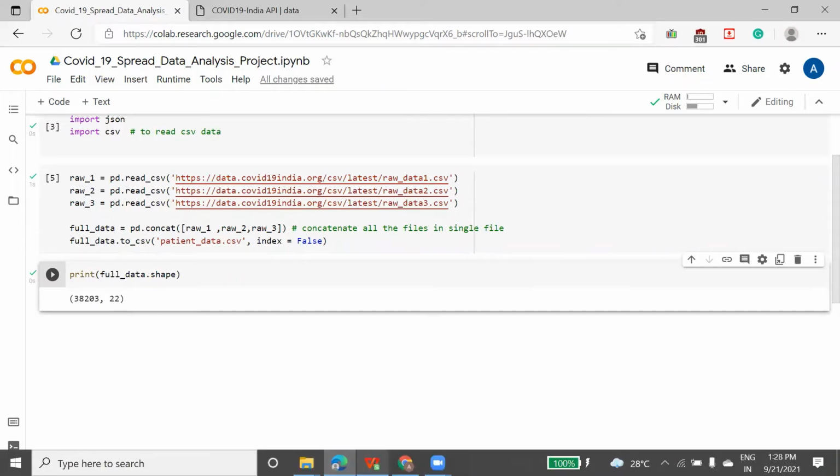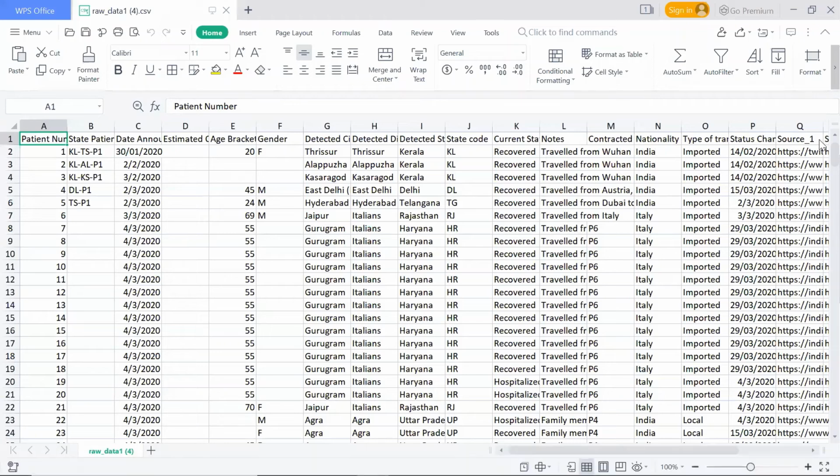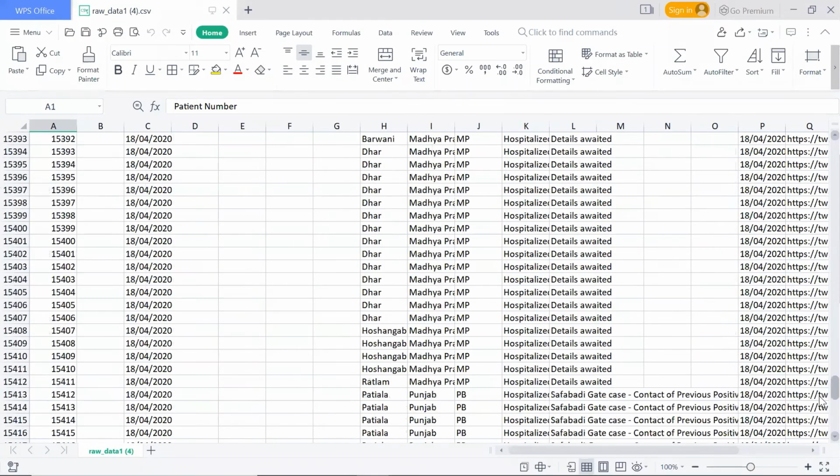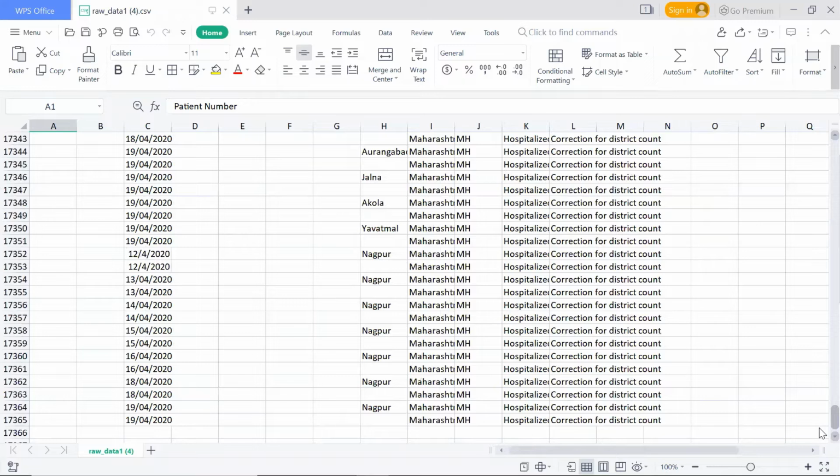If you remember, I showed you yesterday that in the single table we have almost 17,365 rows. In this table, raw data 1, I have almost 17,365 rows.